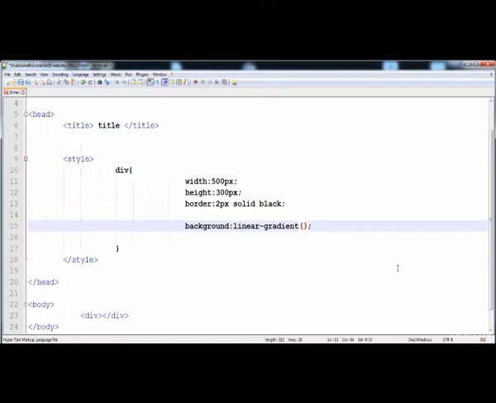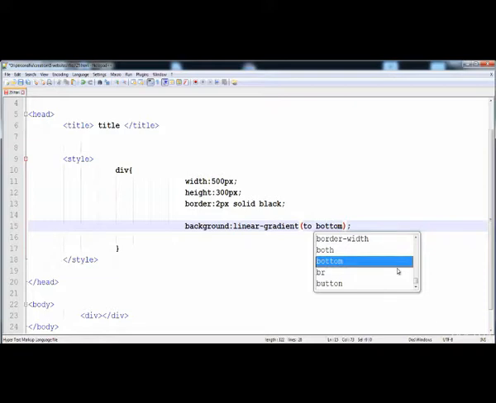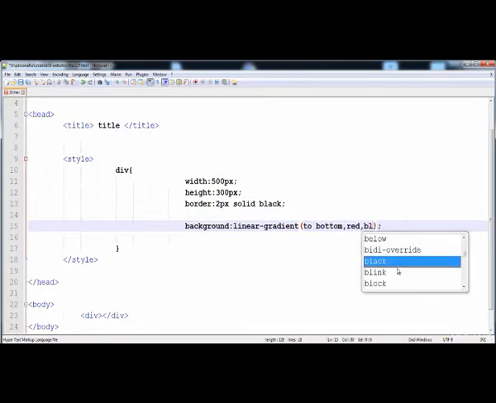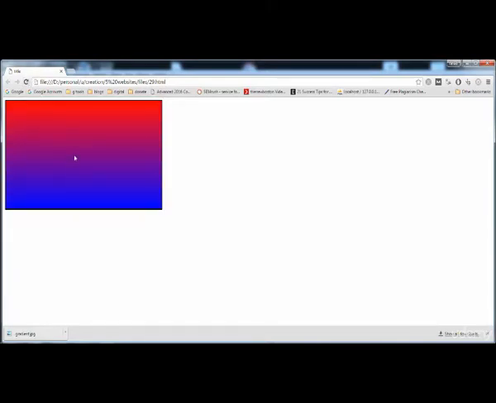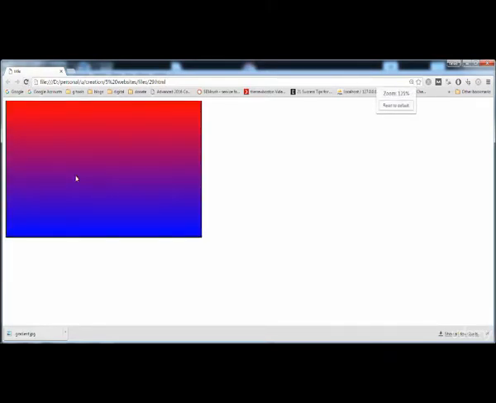Here I'm going to give to bottom. So now the gradient is going towards the bottom, then we have to write a comma, and then you have to write the color names. Here I'm going to give 2 colors, but you are able to give as many colors as you want by separating them with commas. And now let's check it. Here you can see that the gradient is starting from the top